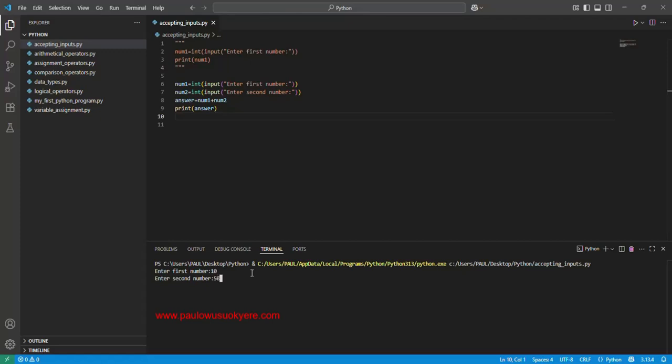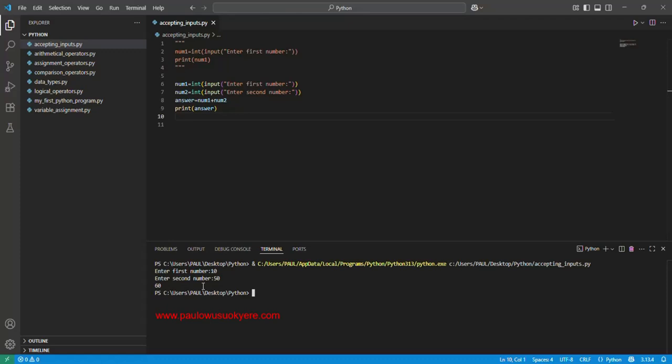Now if I press enter again, it will add 10 and 50 and display the answer. So I'm pressing enter. The answer is 60. So this is how to accept inputs